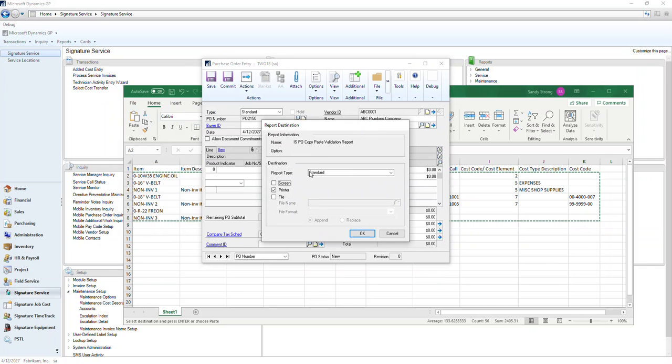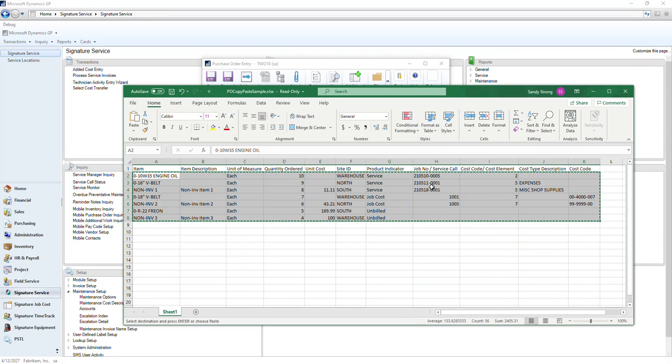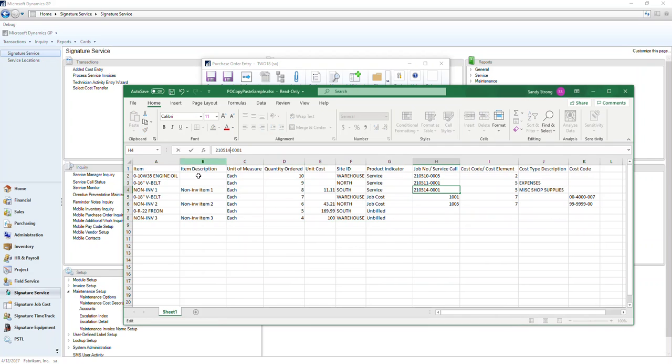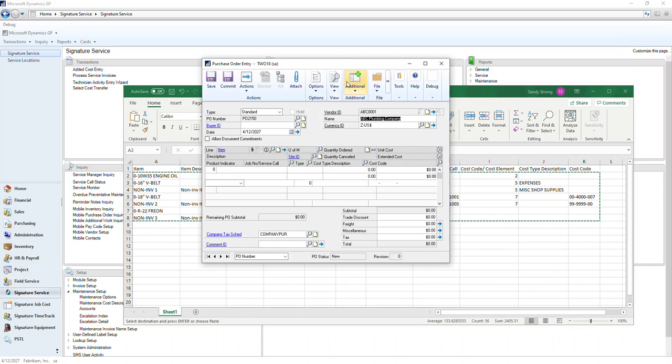If there's an issue like I have here, we'll see the report. And it says that this service call has already been posted. So I'm going to go here and just switch this to one that I know is open. And let's try again. Copy. And then once more, we'll try to paste, and then now all of our lines have pasted in here,